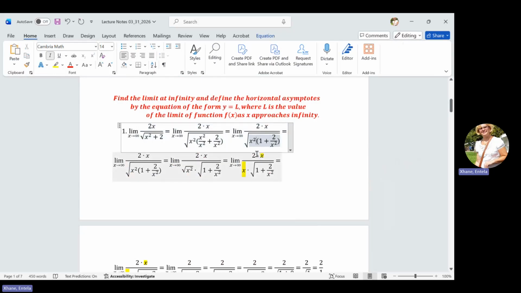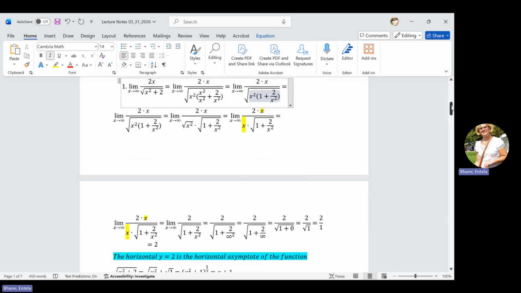So now I have a product between x squared and then the expression inside parentheses. So that means I can split it up. I can take the square root of x squared multiplied by the square root of expression 1 plus 2 over x squared, which is the expression inside parentheses. And square root of x squared is x, which will be canceled out with the x at the top. And then you notice it's highlighted to show that those are common factors, so you can cancel them out. Now what's remain for us